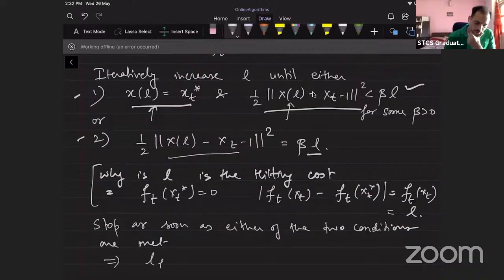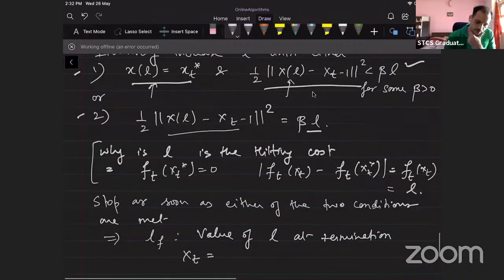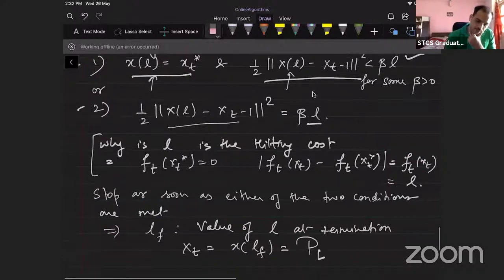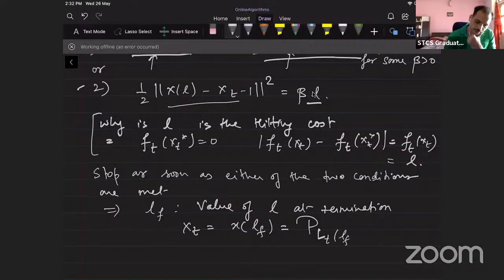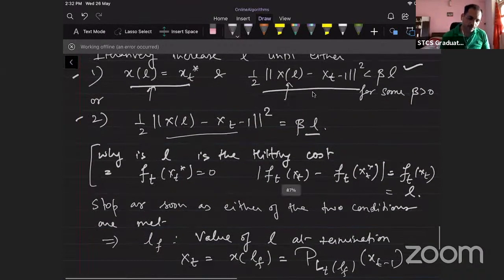And let L_F be the stopping value of L at termination. Then your x_t is nothing but how much? x of L_F, which is the projection of x_{t-1} onto the convex set of L_F. That's your new one. Is everybody clear with the algorithm? It's very simple. It's just building upon